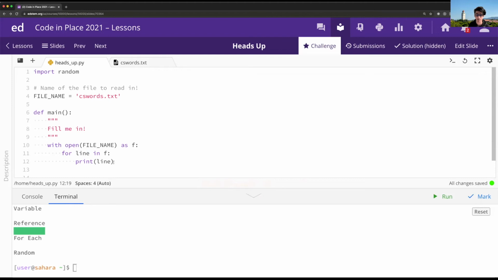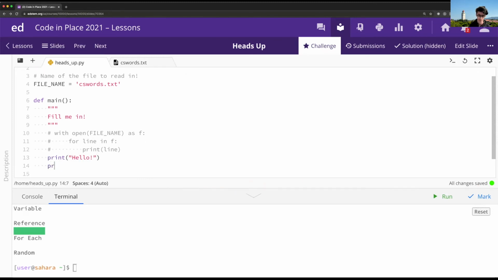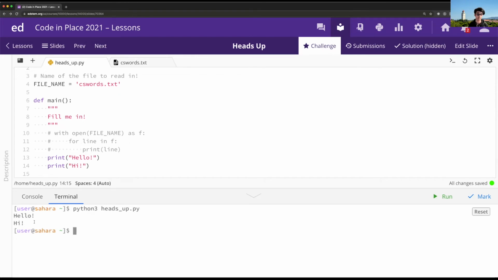For example, if I comment this out and say something like print hello, and then on the next line, print hi, and run this program, you'll notice that we see the text hello and then the text hi right after that, meaning there is an invisible new line character over here, which means that hi gets printed on the next line.